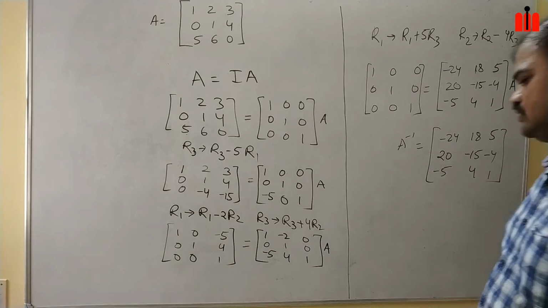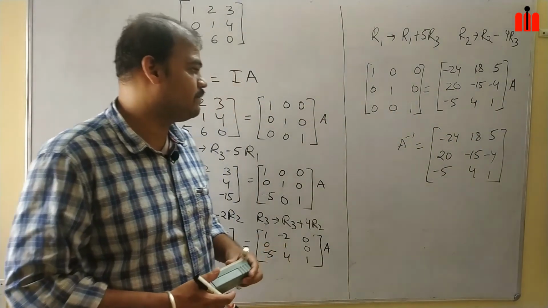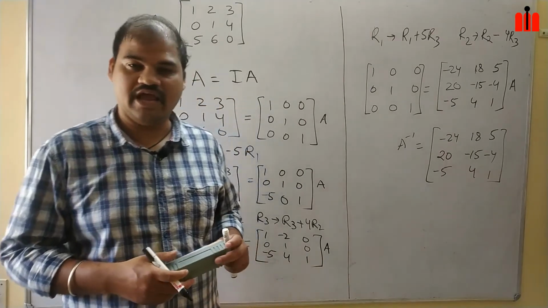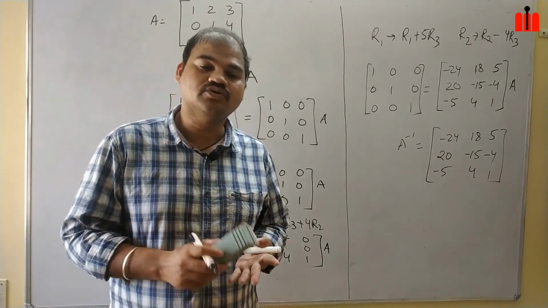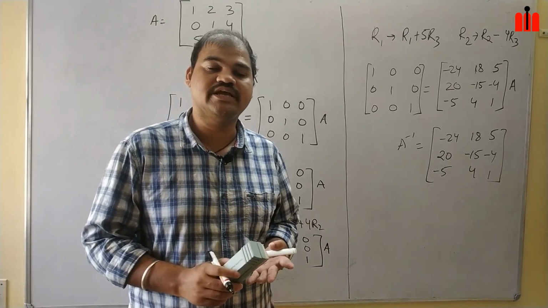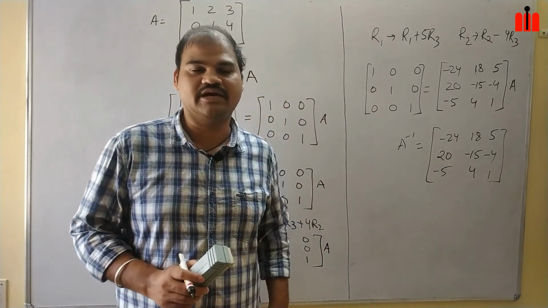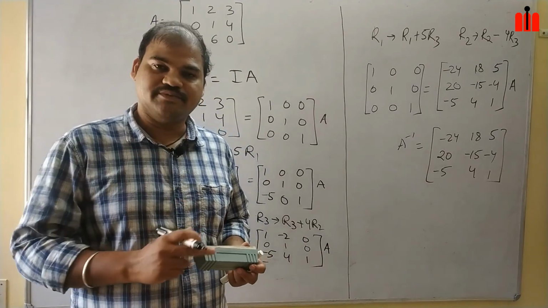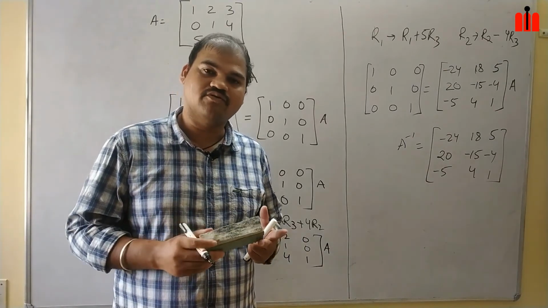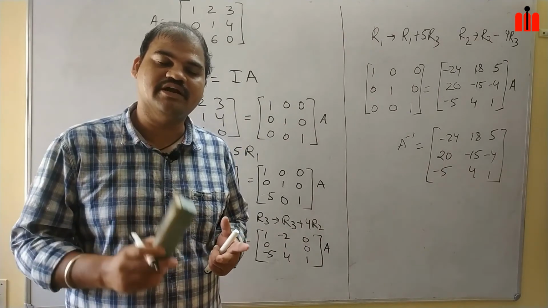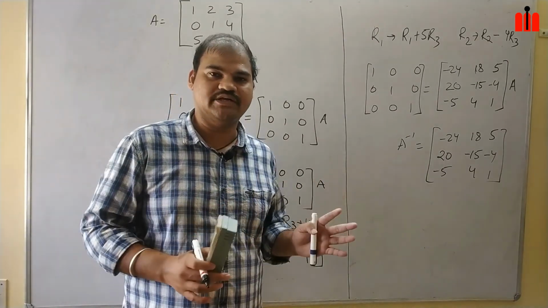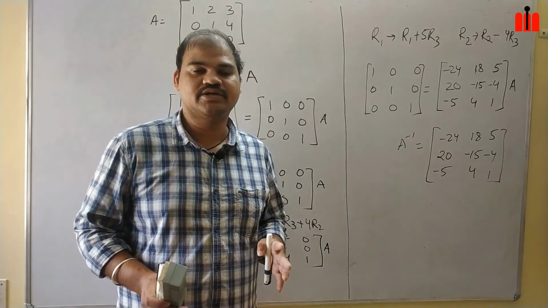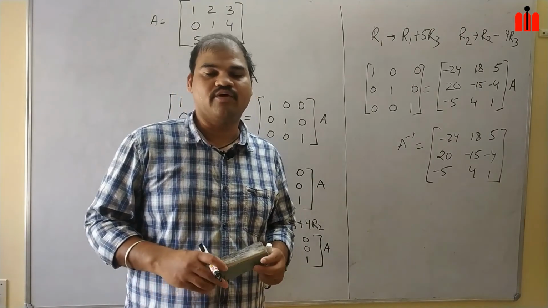Okay. So this completes today's class. So what we had done today? Today we had studied about how to find the inverse of a matrix by using elementary operations. Before this detailed explanation classes, we had again found the inverse of the matrix by using determinants and adjoints. Okay, so there are two methods to find the inverse, one with elementary operations and one with determinants and adjoints.